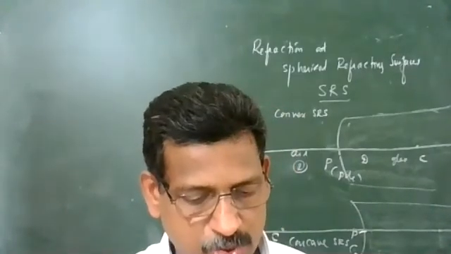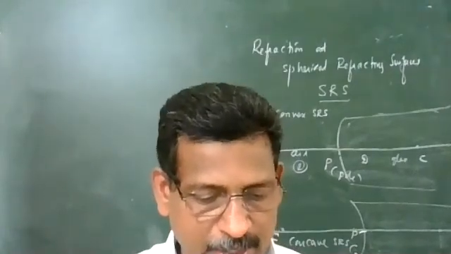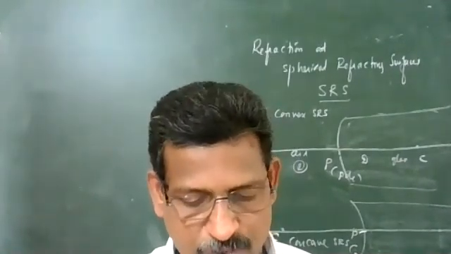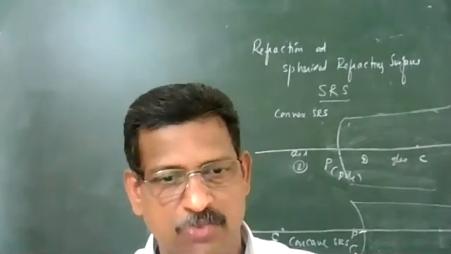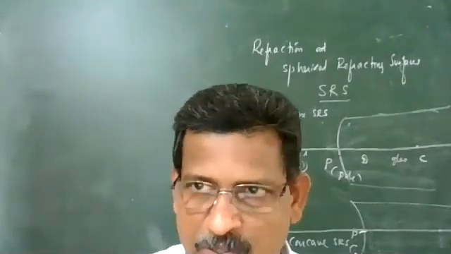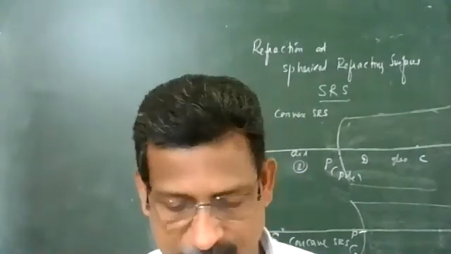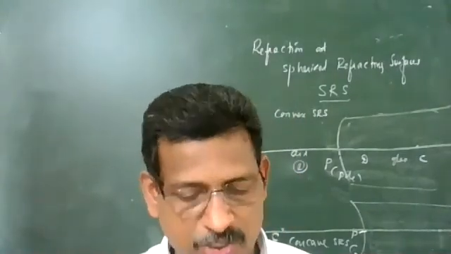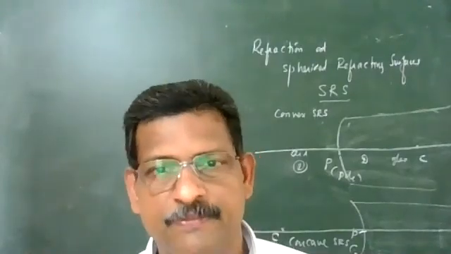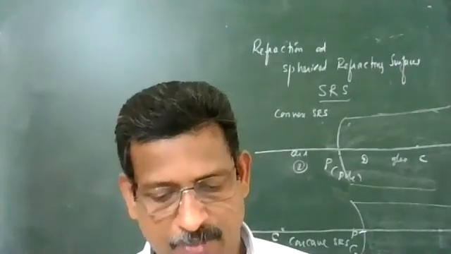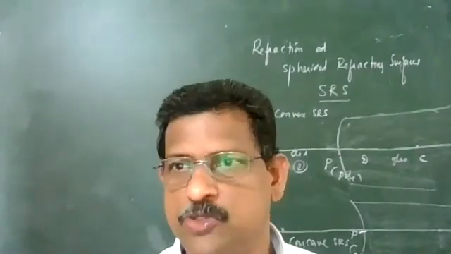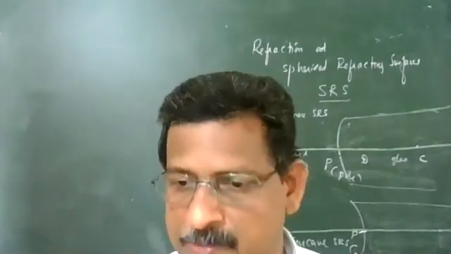Next, we are again repeating: the object is a point object lying on the principal axis. Aperture is small, size is small. So the incident ray and refracted ray make small angles, sin i equals i, sin r equals r. And the sign convention is similar to that of the mirror. All measurements are to be taken from the pole itself. Toward the left side measurement negative, right side measurement positive, upward measurement positive, downward measurement negative.